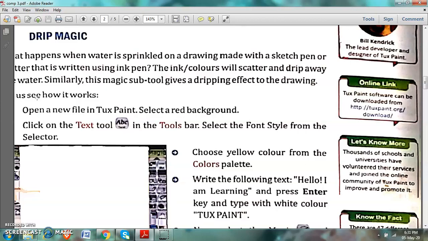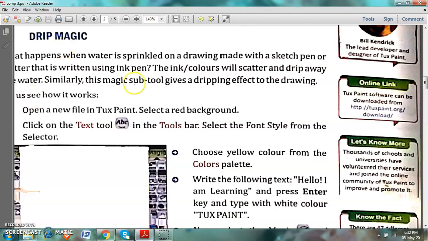The drips will be there, and your writing which you have written, or whatever drawing you have made on the picture, will be scattered, will be spread. So if you have written something with a gel pen, and if you just move your properly wet hand on the page, your handwriting will be spread, the ink will be spread.